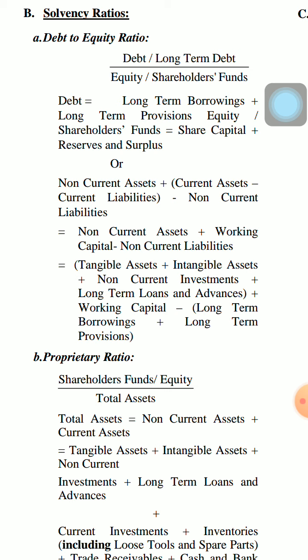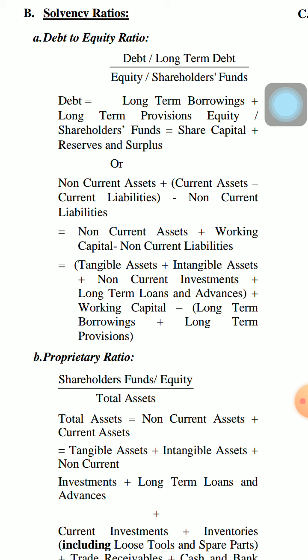That means fixed assets minus fixed liabilities, and you add the excess of current assets over current liabilities, then you can get the owner's fund. Because you are subtracting non-current liabilities from non-current assets, you are getting the excess of non-current assets over non-current liabilities, and then adding working capital with it,